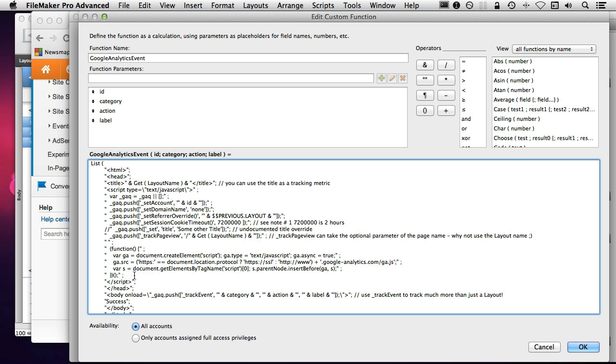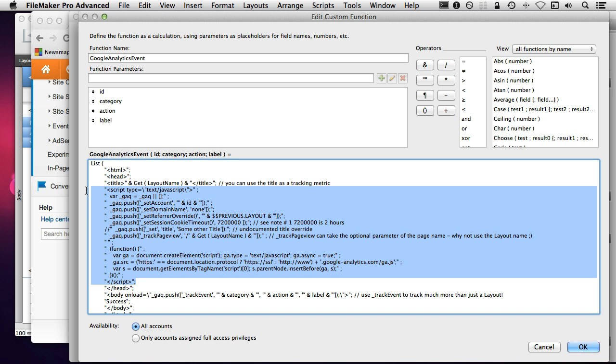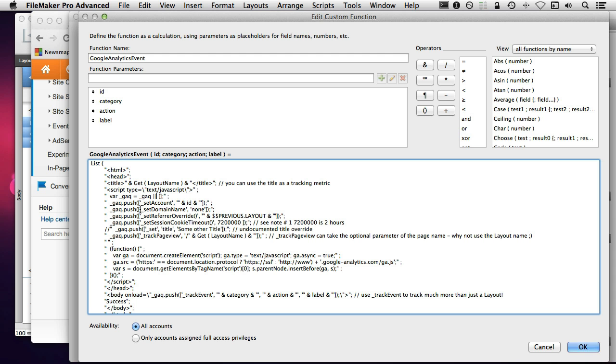Now next comes all of the script, which is actually the part that is supplied to you, which Google Analytics tells you to put on your web page. But of course, we're not putting it into a web page, we're putting it into code, which is dynamically generated. So you can see right here that there are a few core things that are absolutely required. One of them is right here, this